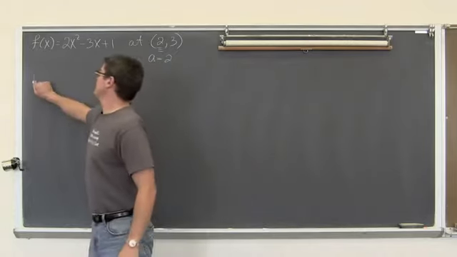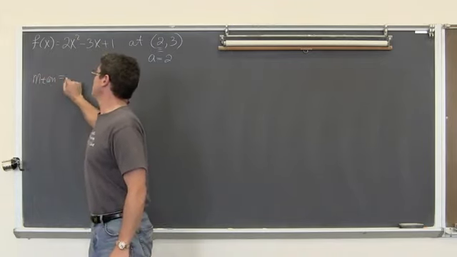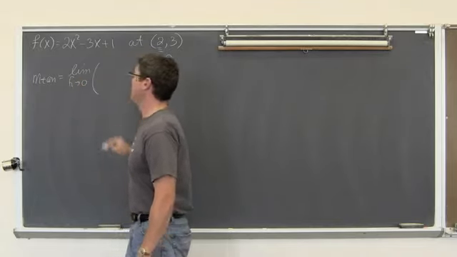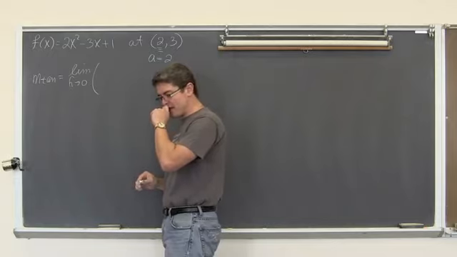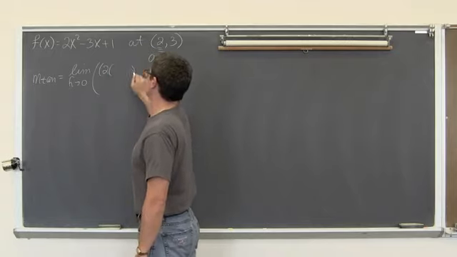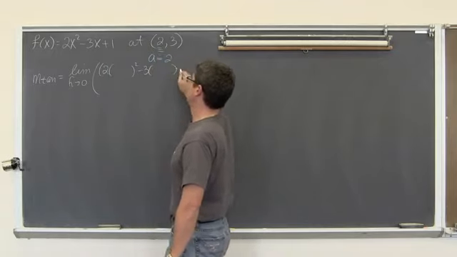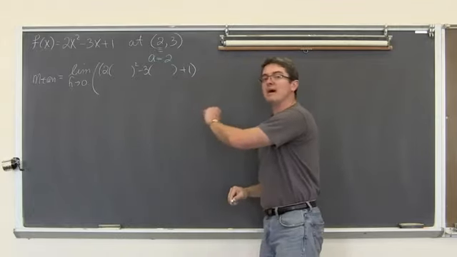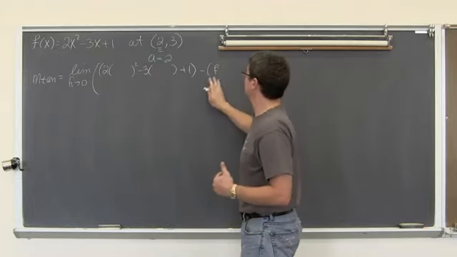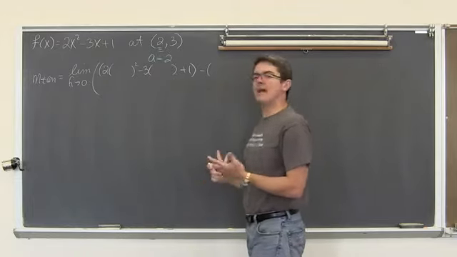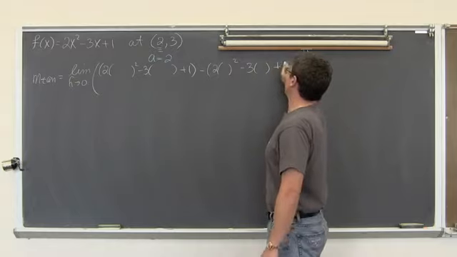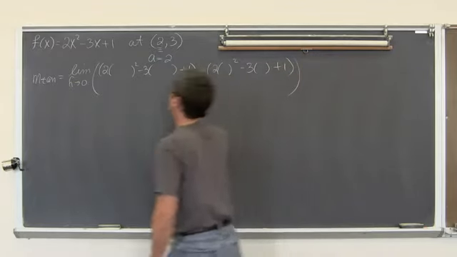Okay, well the slope of the tangent is equal to the limit as h approaches 0 of f of a plus h. F of, so we have parentheses, 2 times something squared minus 3 times something plus 1. That's going to be my f of a plus h minus f of a. So 2 times something squared minus 3 times something plus 1. All of that over